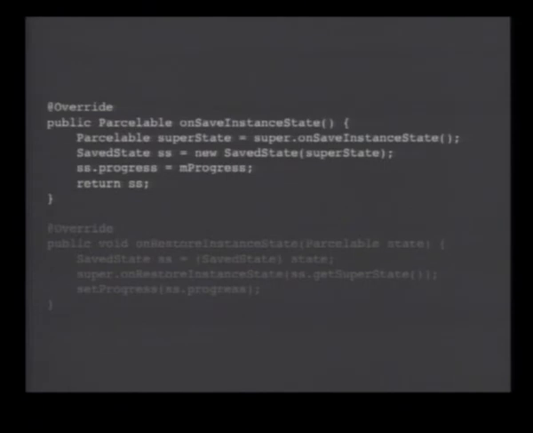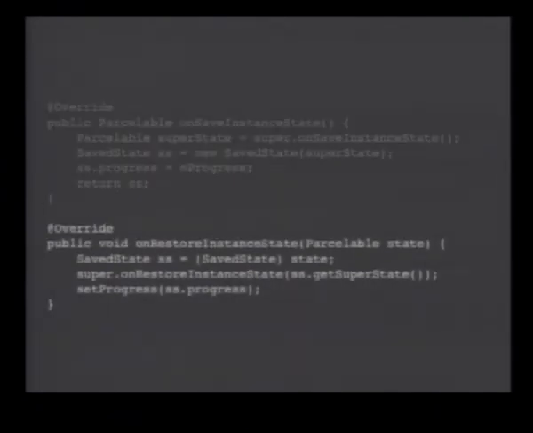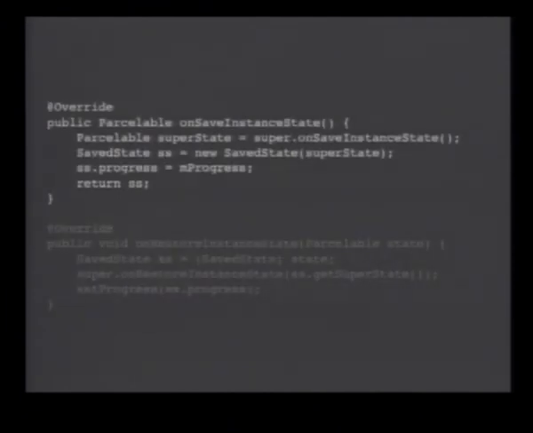And in this method, this is quite simple. You have to call through to the parent, of course, because you want the parent to save its state. You create the SavedState, which will be the wrapper of your state. You set the progress on the third line, and finally you return that object. So this is the object that will be saved by the system and restored and given to you after that